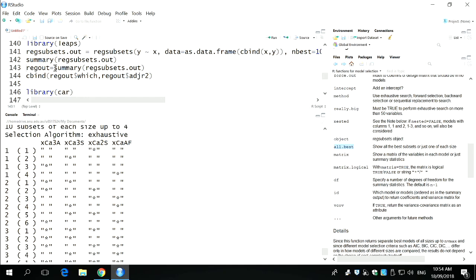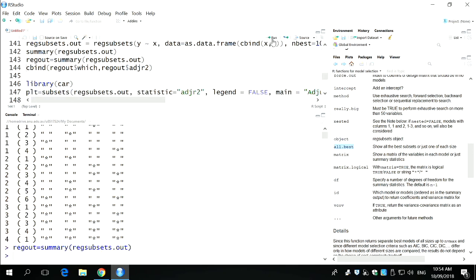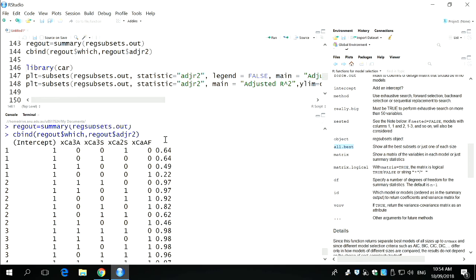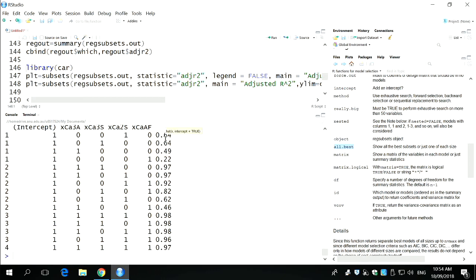And then I can do this, which gives me which variables are in and out and the adjusted R squared next to it. So this is a little table that now lets me compare the models. So this is what we just, you guys watched me painstakingly fit every single model